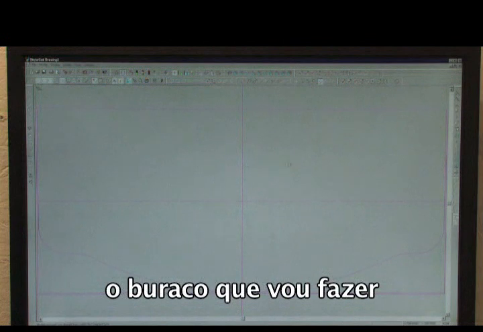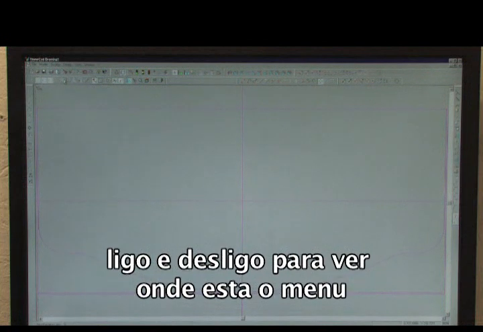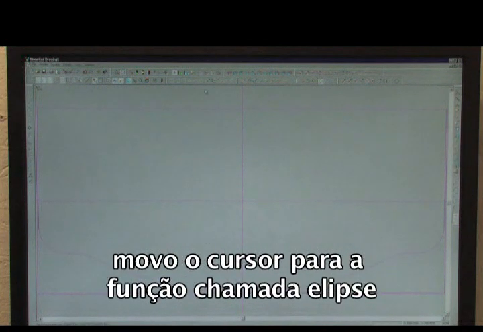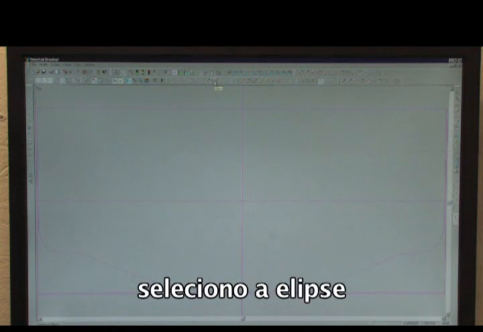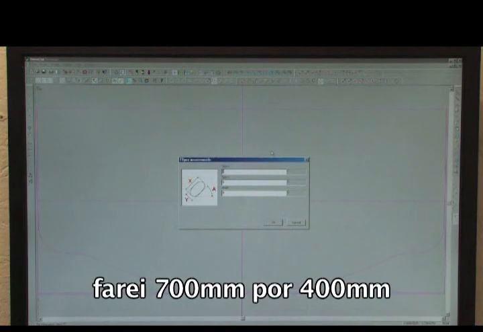The sink I'm going to produce is going to be an ellipse. So for that function I go to macro, I turn on and off to see where the menu is, and I move my cursor to the function called ellipse. I select the ellipse and I tell the software how big I want the ellipse. I'm going to make it 700 by 400